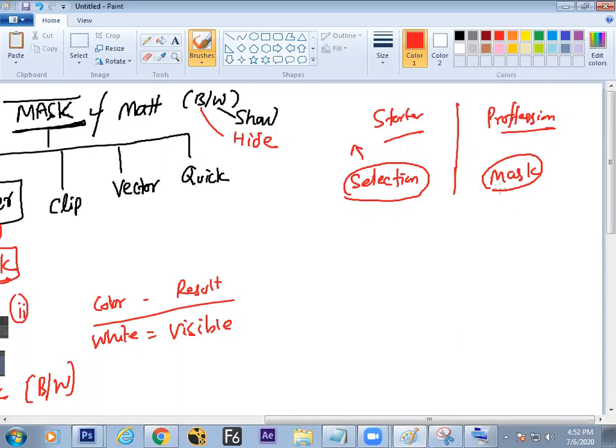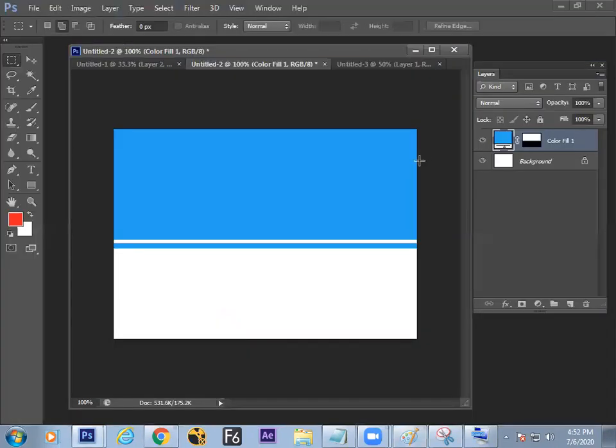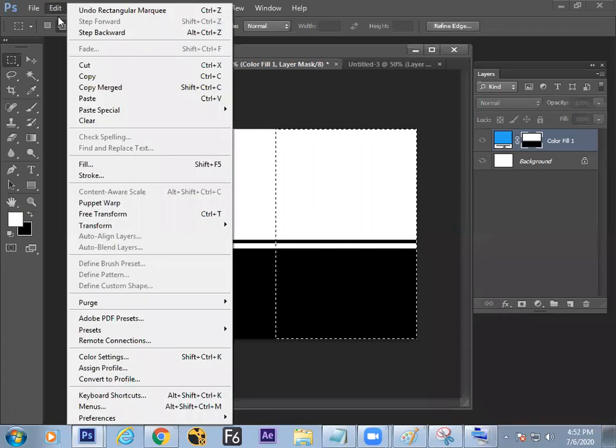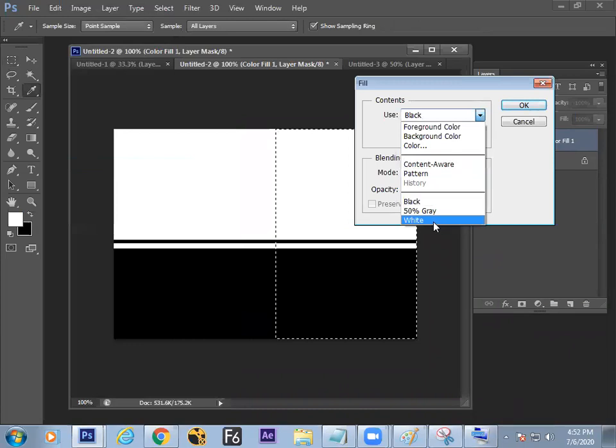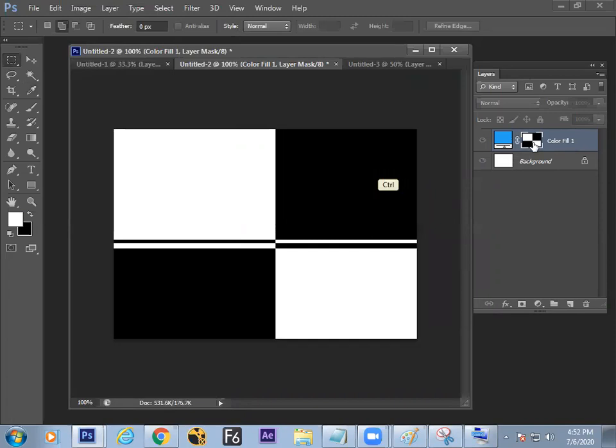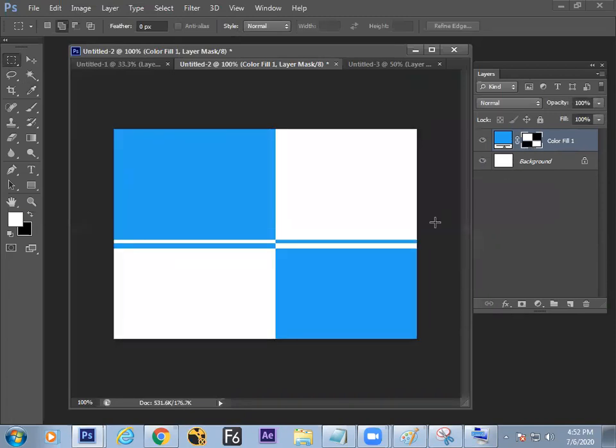Whatever I have learned in my 15 years, I'm providing to you in a comparative manner, because on the screen it is a box only. It can be done in this way or it could be done in this way. But what is the method we are adopting? That makes sense. Now it is a mask, and we start filling it up. So how to fill the mask? With past knowledge: Edit, Fill, which color? White color. In which mode? Difference mode. What is the output? Completely the difference. Is it clear now?